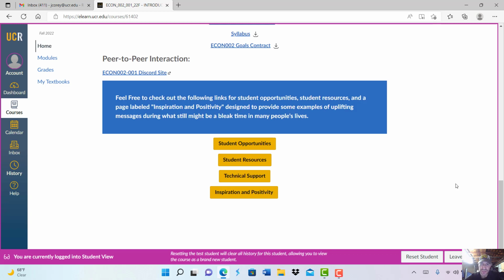So again, under student opportunities, you're going to see things like volunteer organizations asking for volunteer efforts. You're going to see things like internship opportunities. You're going to see resources for students. And you're going to see student groups advertising their upcoming events. Now, under student resources, that involves things like